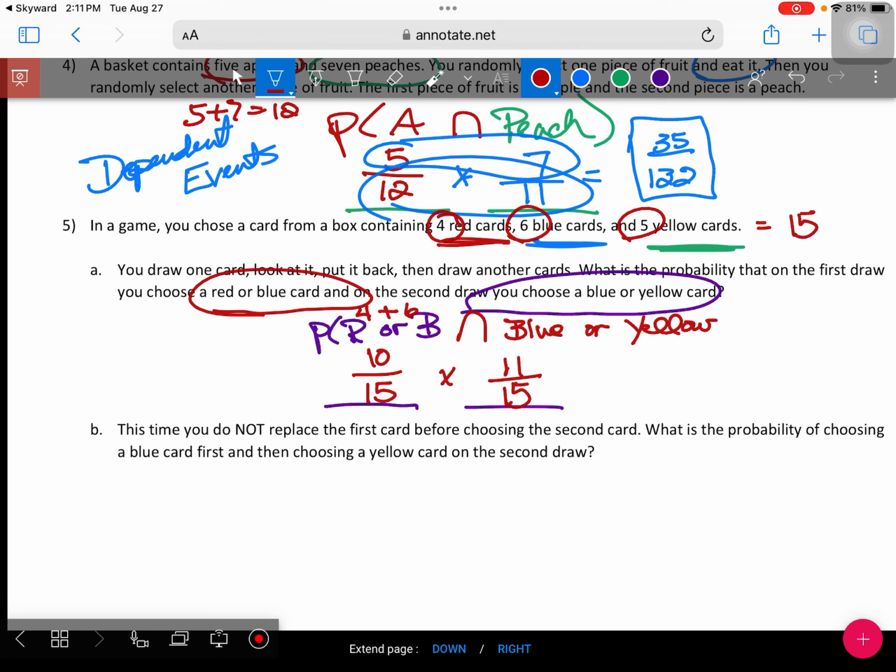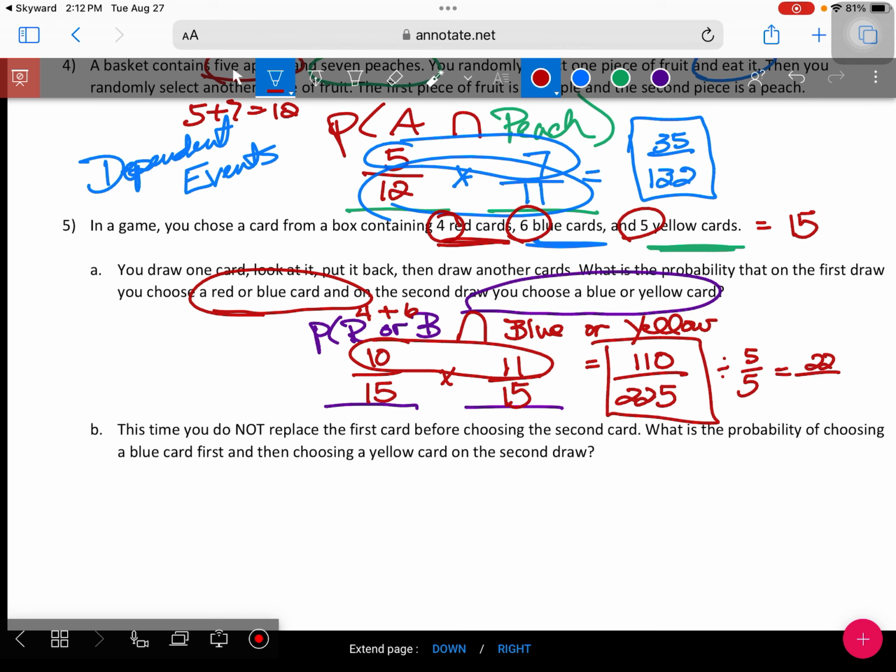Yes. So multiplying top times top, I get 110, all divided by 225. If you get this answer, you get it correct. If you give me the simplified version, that is also correct, which is going to be 22 out of